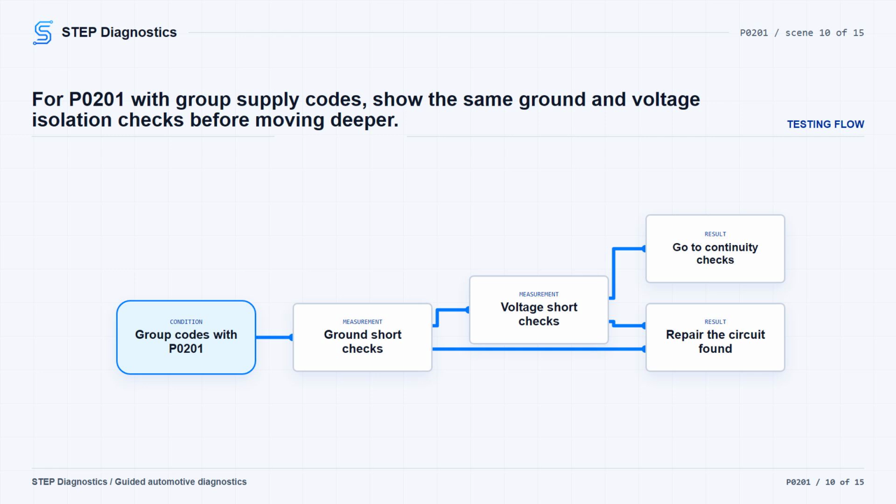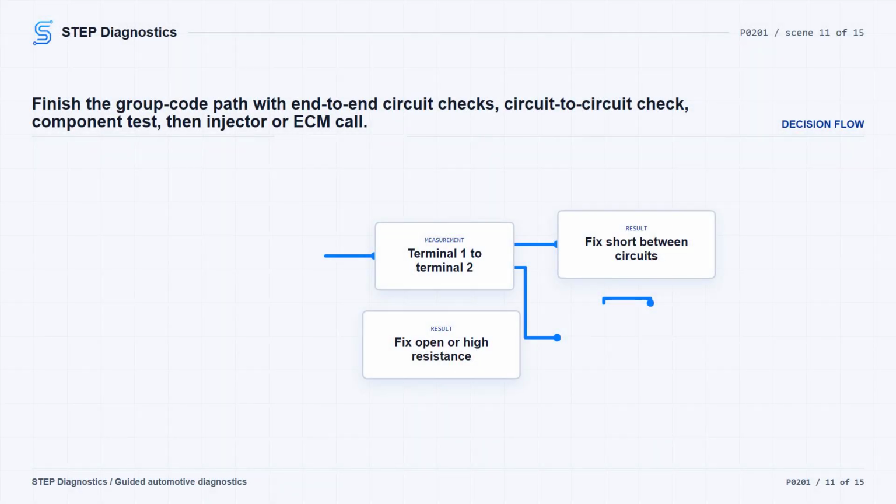If the ground check passes, turn ignition on in service mode and check voltage supply at the control module harness to ground for less than 1V. If it is 1V or greater, disconnect the injector and use the follow-up voltage check to decide whether the short to voltage is on voltage supply or voltage control. Then repair that circuit. If the voltage check is less than 1V, turn ignition off, disconnect the injector, and check